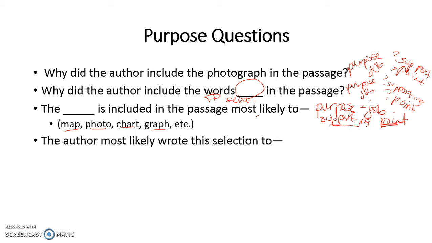Okay, you notice a pattern here. All of these purpose questions are really about why is it even there? What is the job of that thing to do? What is it doing in the passage? What information does it give you? The author most likely wrote this selection to. Now we're talking about the purpose